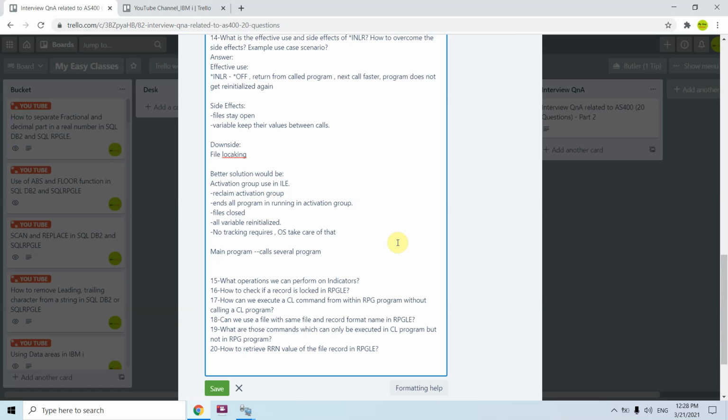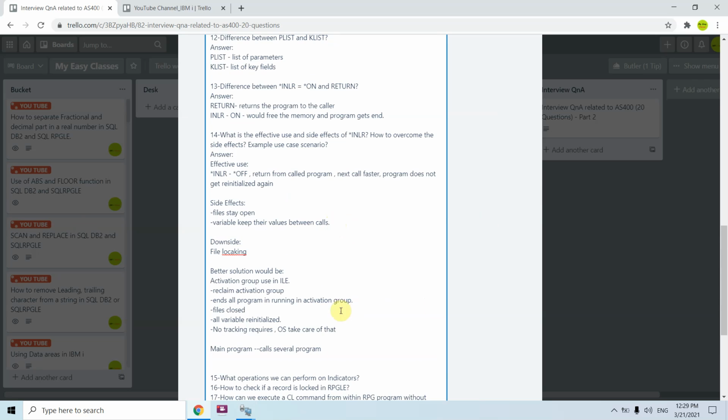So they would be inheriting the activation group of the main program. So once the main program's activation group *NEW ends, it would end all the programs which are running after that. So this is the explanation for this one.